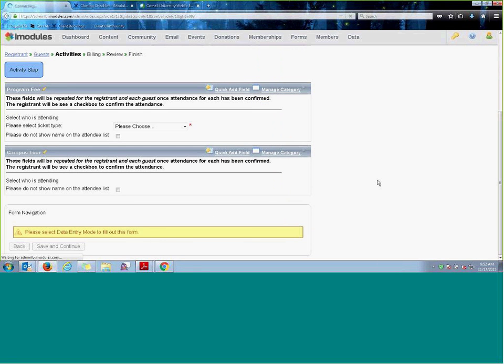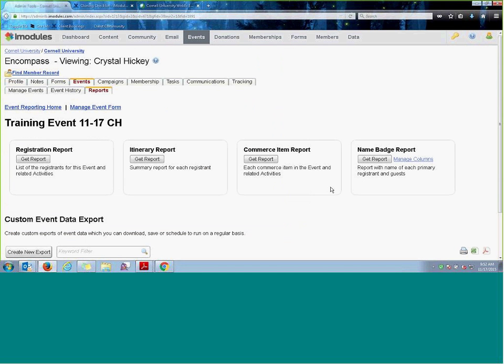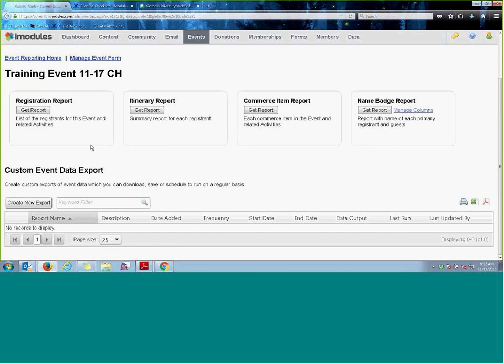You can go to Form Reporting right here to see any of the reporting for this form. Now, with an individual event, you will have canned reports available. Get a registration report. This tells you everyone that has registered for your event, gives you their name, email address, class year, I believe, and whether or not they're a guest of someone. It also gives you a report, so it gives you 1 page per person and which activities they registered for. So if you needed to print out 1 page per person,